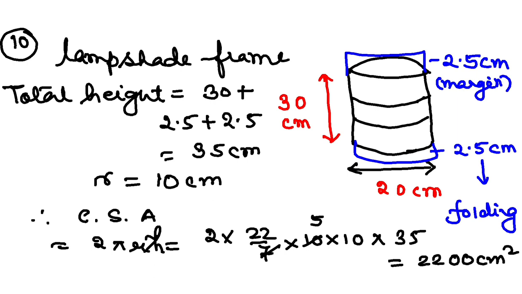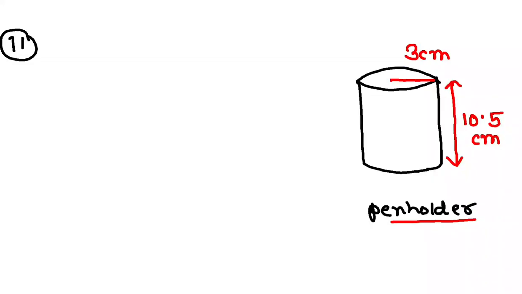Now let's move on to question number 11. Now in question number 11, you have to actually find the area of 35 pen holders. One pen holder is basically cylindrical in shape, and it has radius 3 centimeter and height 10.5, just like I have drawn over here. So now interesting thing is, if it is a pen holder, the top is open because you have to keep the pen, right? The top is open, but the base towards the bottom, that should be there.